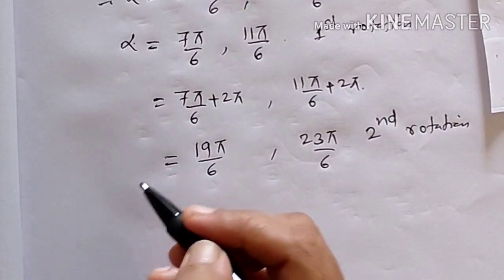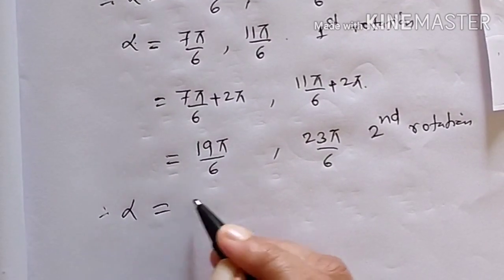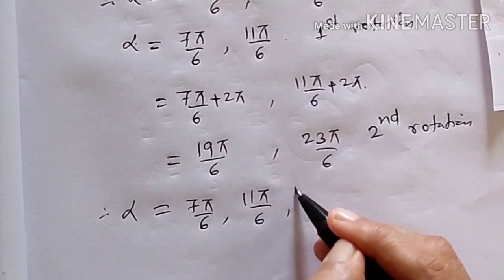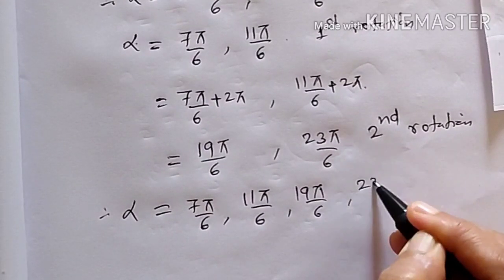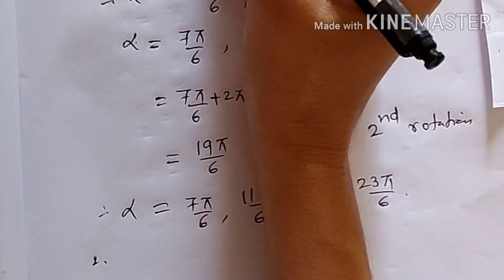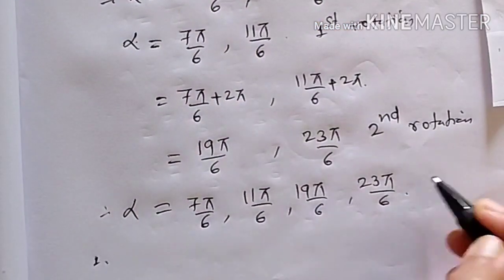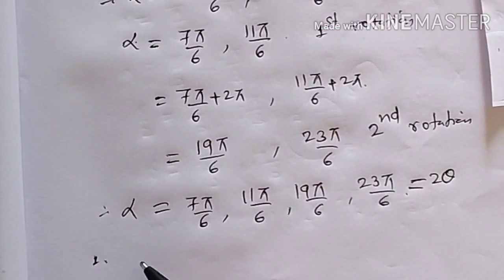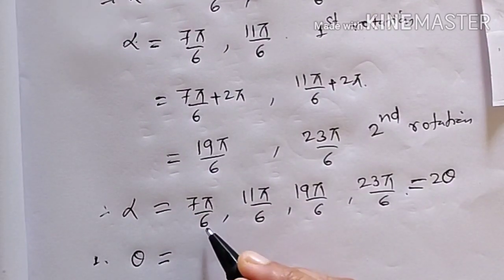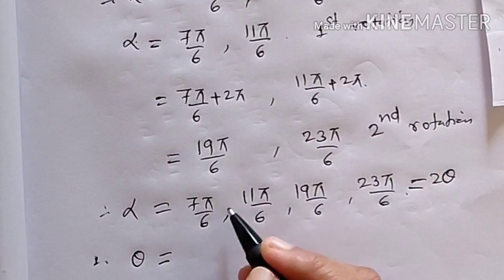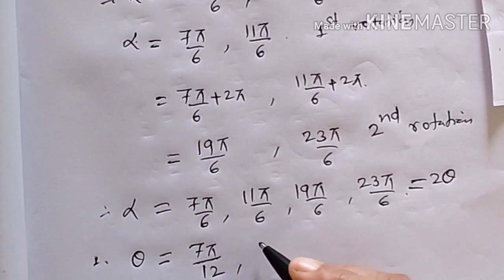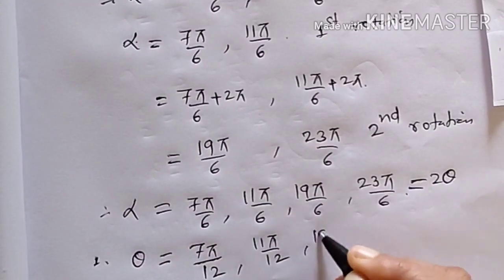So how many values of alpha are possible? Alpha can be 7 pi by 6, 11 pi by 6, 19 pi by 6, and 23 pi by 6. But how did we define alpha? Alpha is 2 theta, so all these are the values for 2 theta. Therefore, theta can be half of these values. That means 7 pi by 6 into 1 by 2, that is 7 pi by 12, 11 pi by 12, 19 pi by 12, and